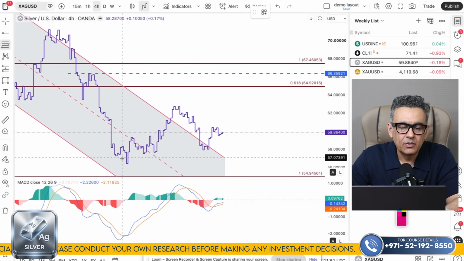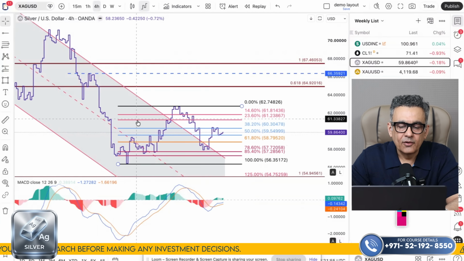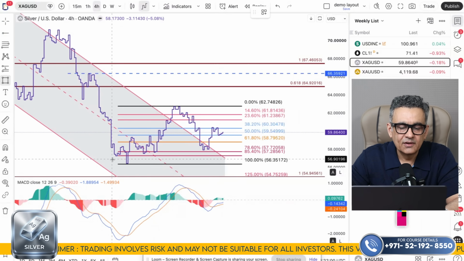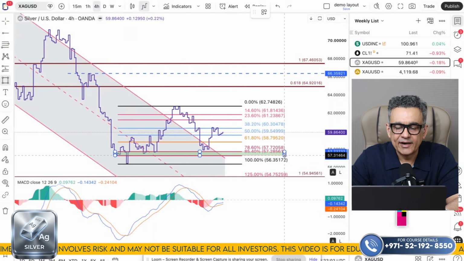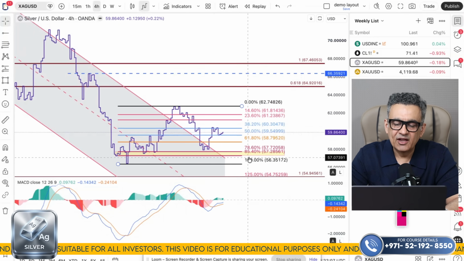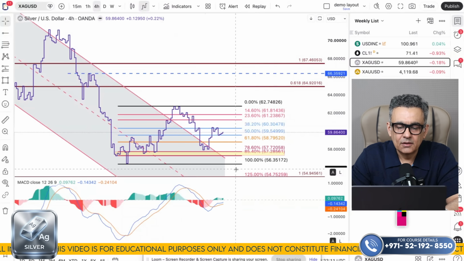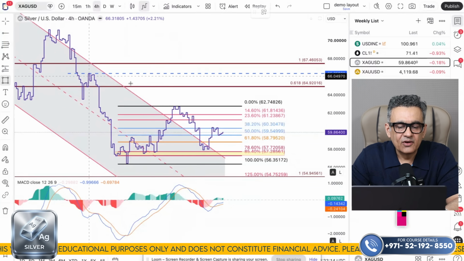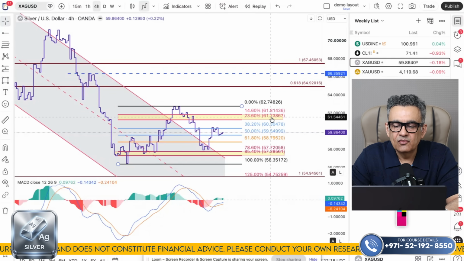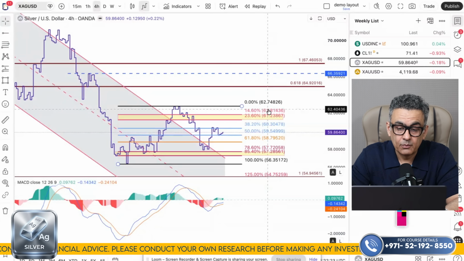So I need to add fib retracement from the lowest to the highest of this leg. So it dropped precisely towards 78.6 to 85.4. So this is the area of support right now. So until silver remains above 57.28, I would not expect further downward action. And the resistance is right now here. So this is the first barrier, 61.23 to 61.81 is required to be taken out by the buyers, which is